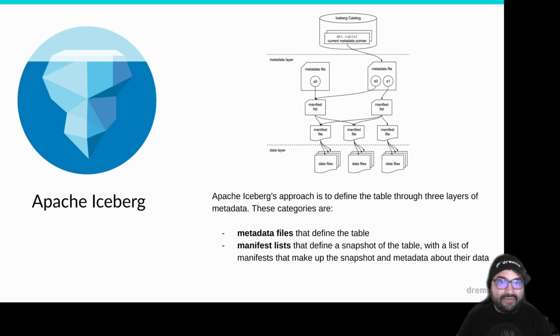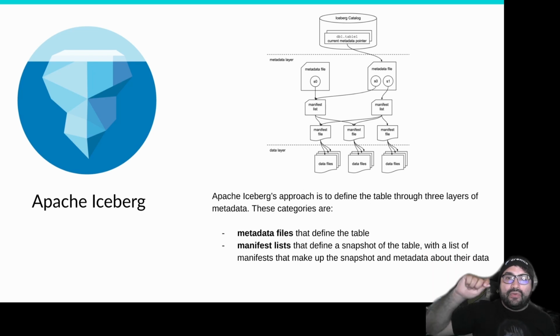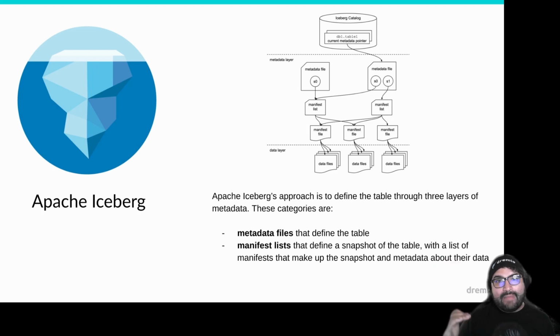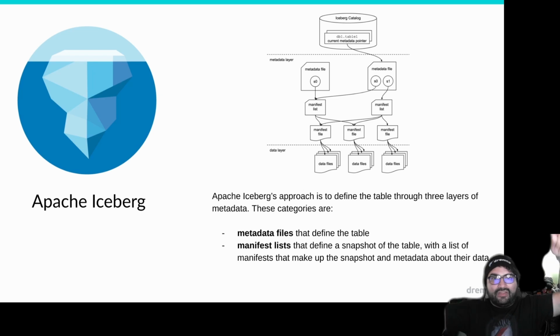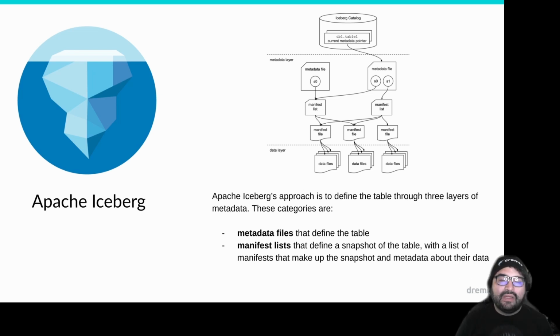These manifests could be part of multiple snapshots, and the manifest list allows you to know, hey, this snapshot has these manifests. So at the manifest list level, I can see the list of manifests that make up this snapshot along with the metadata on each one. Kind of like in Parquet, where you have metadata on each row group, I'm having metadata on each chunk of files at the manifest list level, and I can look at those same types of stats, because at the end of the day, you just take those Parquet stats and roll them up to the file level, and then roll them up to the manifest list level.